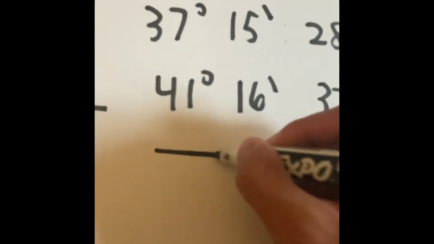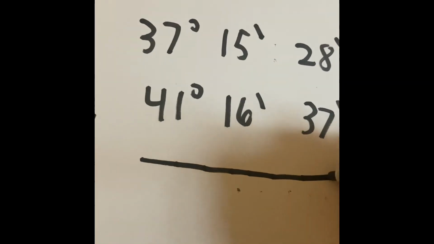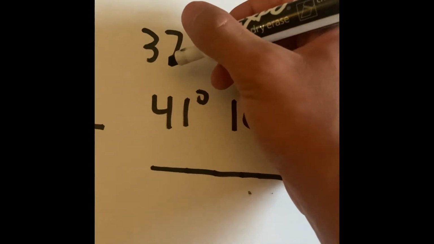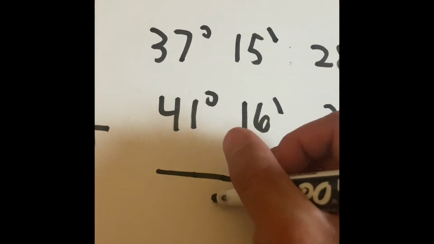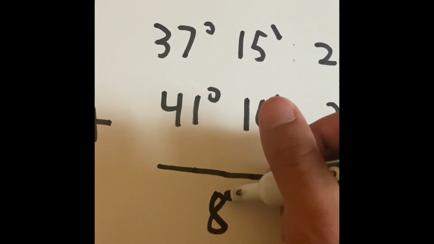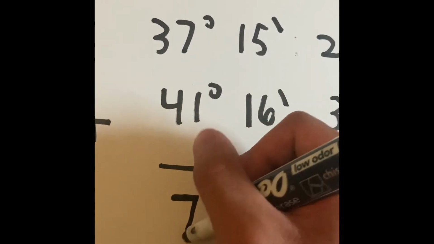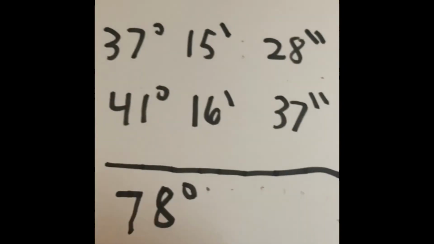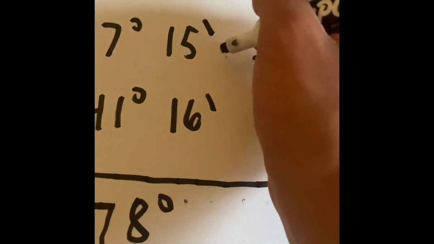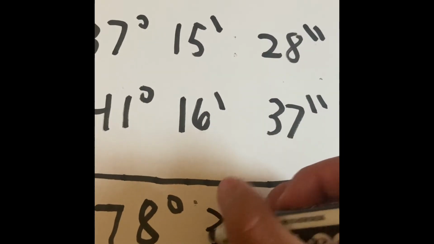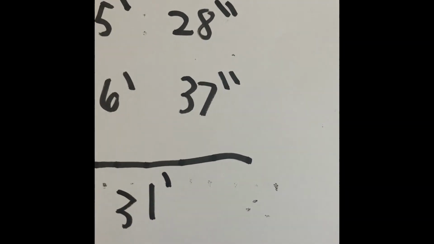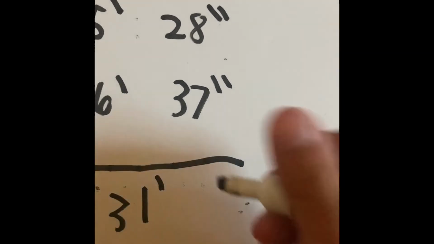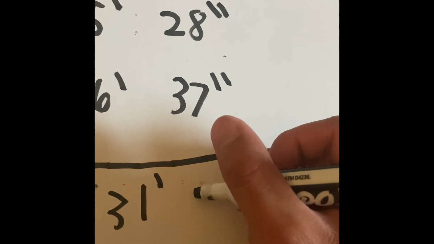So we start at the first number on the left, with the digits right here. 7 plus 1 is 8, and 3 plus 4 is 7: 78 degrees. With the minutes, 15 minutes plus 16 minutes is 31 minutes. And for this one right here, 28 seconds plus 37 seconds is going to become